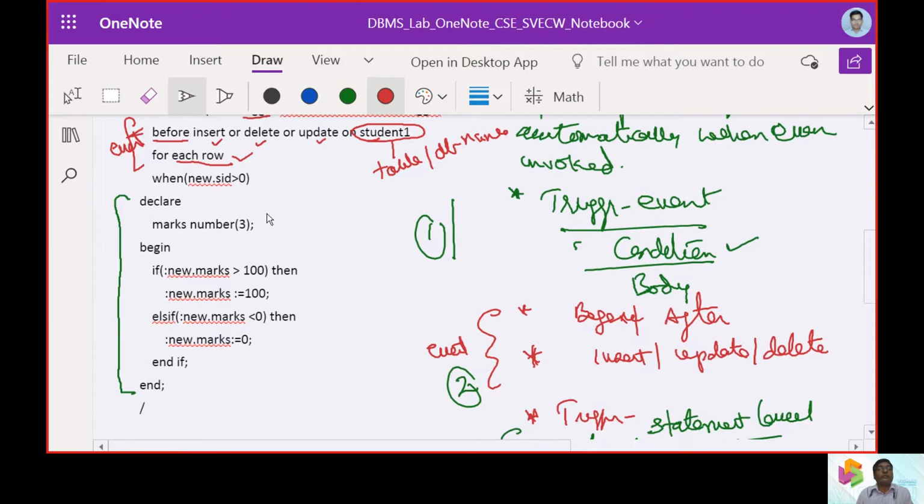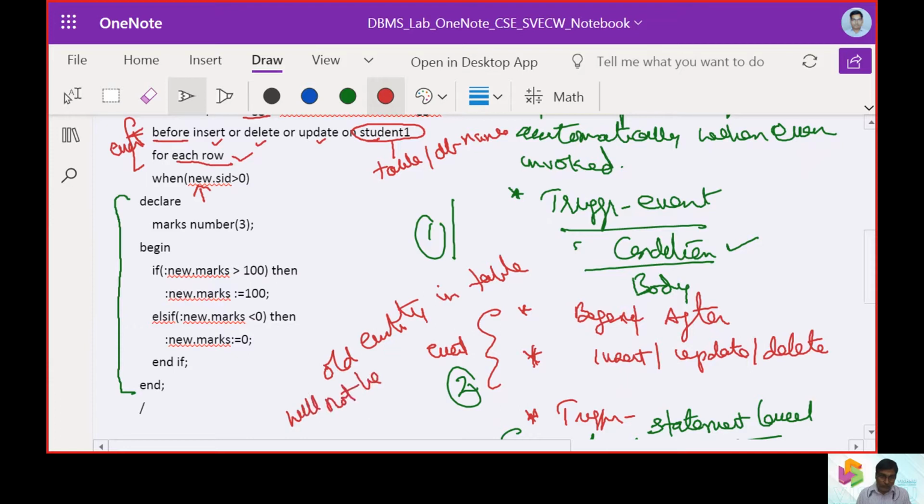Now it is going to check the condition whenever a new entity is going to happen. So it doesn't affect the old entities. So old entity in the table will not be affected.